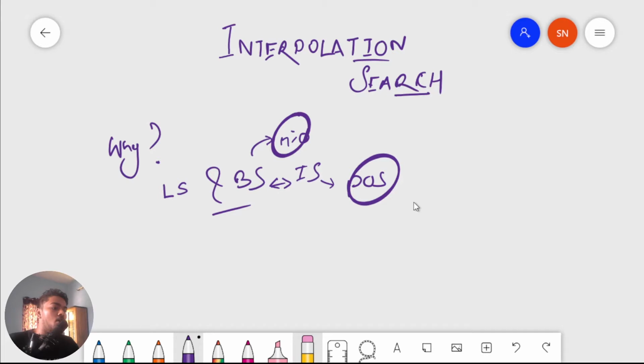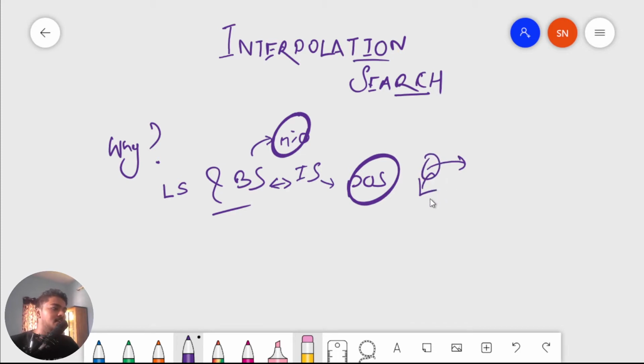For example, if our element is really small, it obviously belongs to the left side, and it has a very specific formula that it uses to calculate where this thing may exist, and it directly goes to that area instead of just searching in the middle.